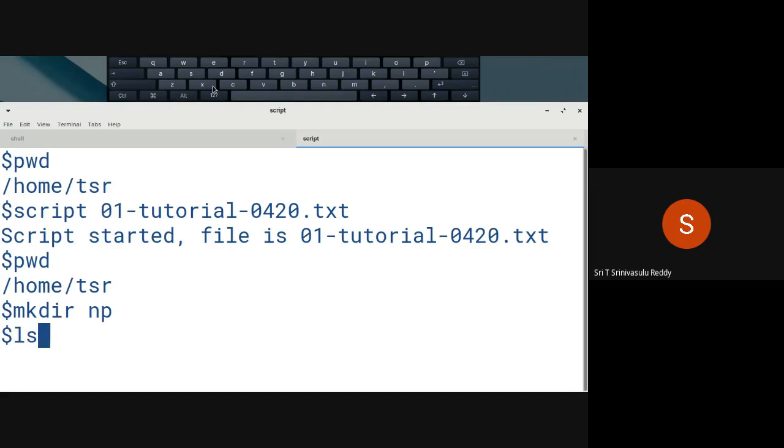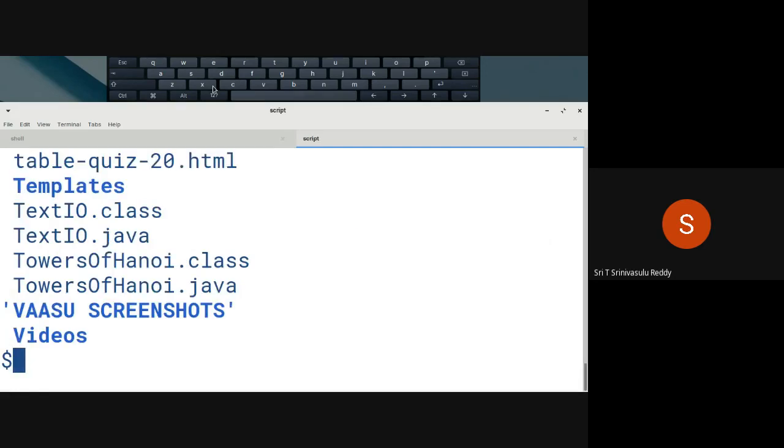ls is a command to list all the files and folders in a particular directory. When you issue ls like this, because there are too many files and folders, it has just run past. Whenever you think that it is scrolling very quickly, in such cases we normally use a pipe symbol, so that you can see it page by page or screen by screen.